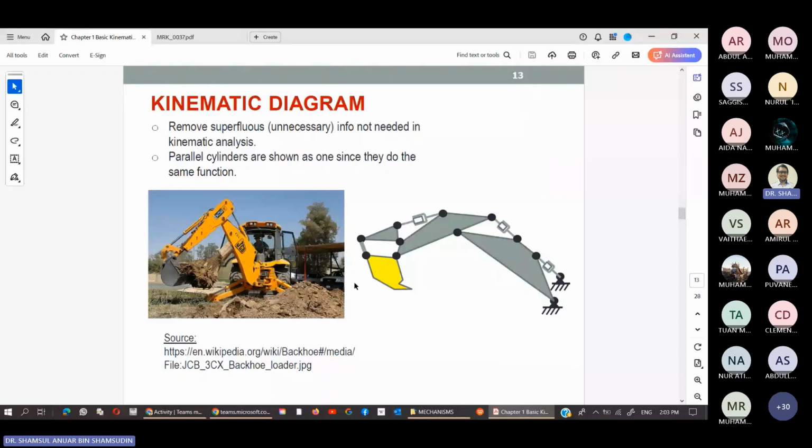Even the hydraulic cylinder, hydraulic actuators can be broken into two links, the cylinder part and also the rod. So if you look at all these things, they do not look like gears, they do not look like the other things that have specific